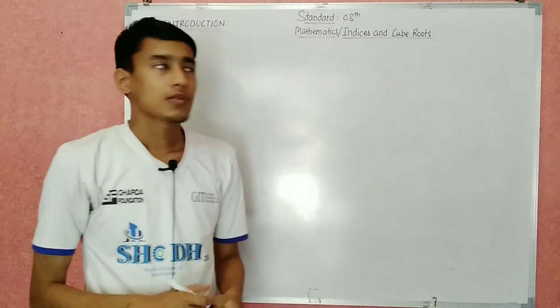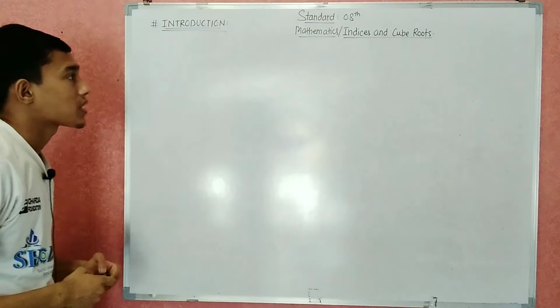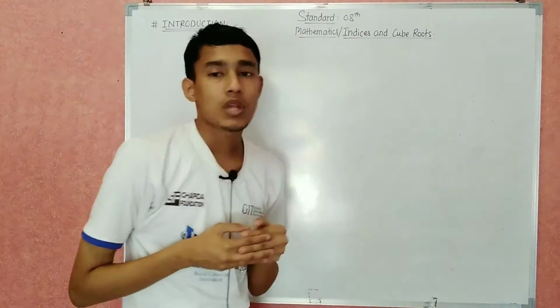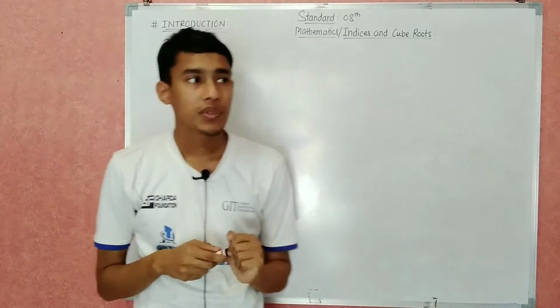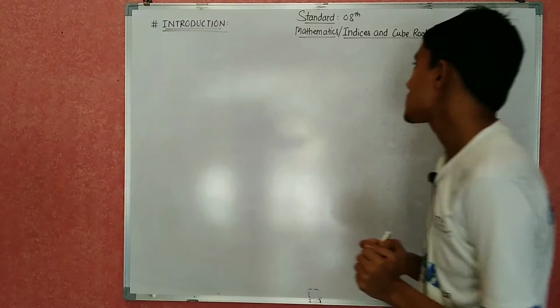Good morning, students. So now we are going to start our new chapter from standard 8 mathematics. In the previous lecture, we have completed chapter number 2, that is parallel lines and transversal. Now from this lecture, we are going to see a new chapter, and the name of the chapter is indices and